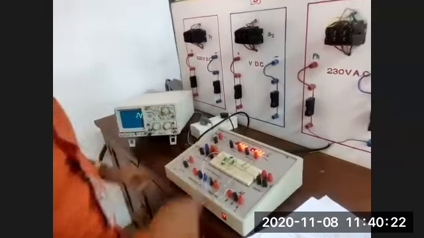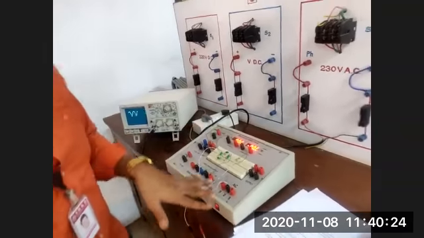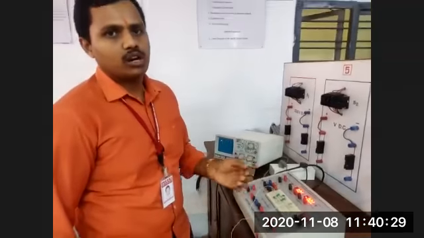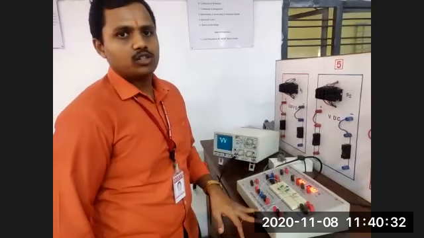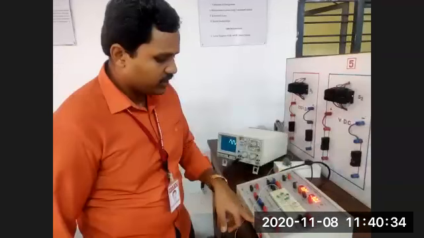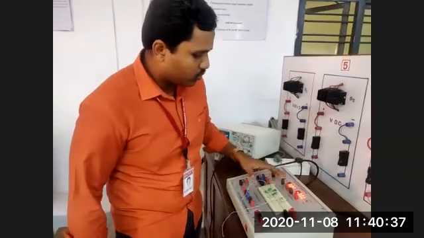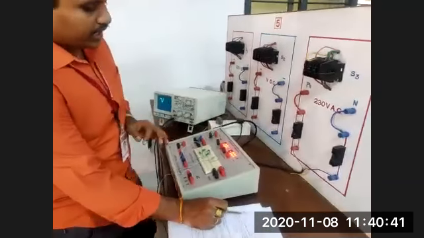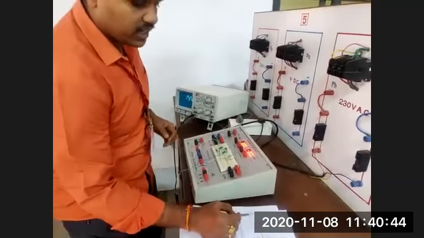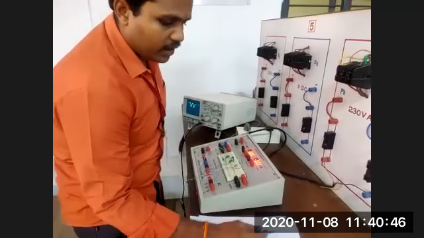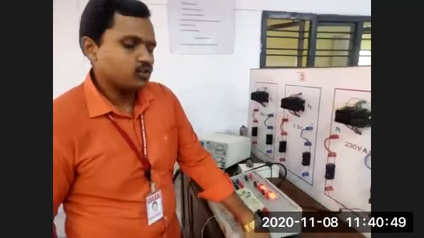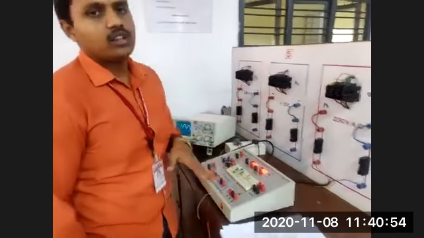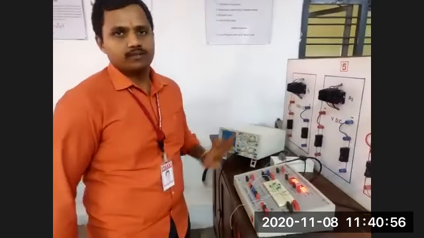So this is the circuit. The procedure is the same. The 230 volts input voltage is stepped down to 9-0-9 volts, 50 hertz, and 0 is the reference voltage. These 9 volts are given to the source, at the junction of two anodes, and the 0 volts is connected at the junction of one anode and one cathode, as shown in the figure, and the resistor is connected like this. Everything is the same, and the procedure is the same as in the half wave rectifier.